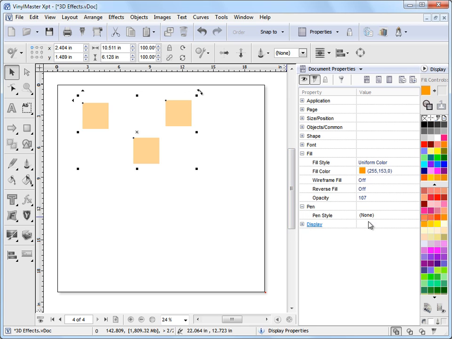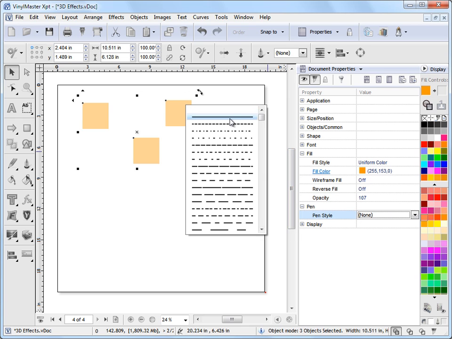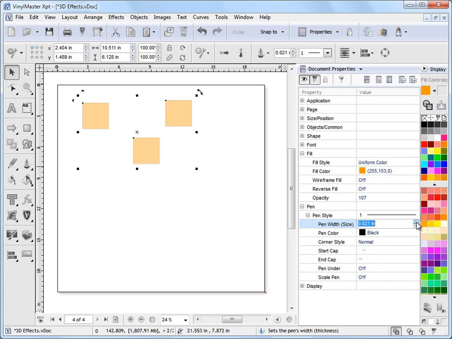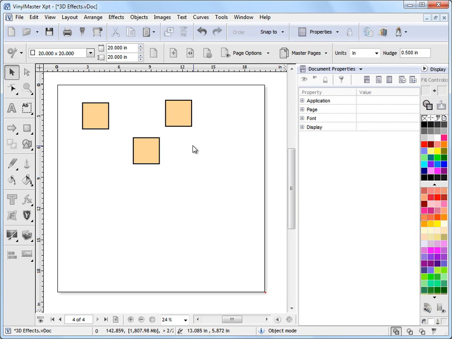I can give them a pen style. The moment there's no pen, I can make it an outline like this. I can expand that out. Now you can see I get a lot more options, and I can set the pen style for these things. I can change the corner styles and all sorts of things. In other words, I can change a group of selected things